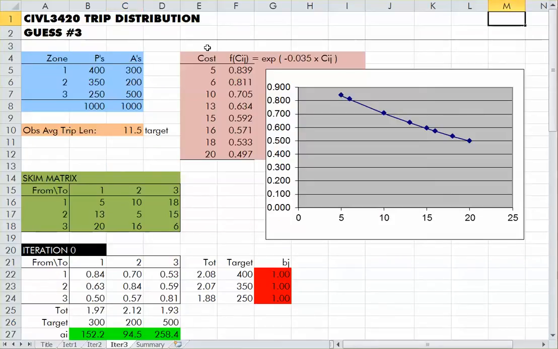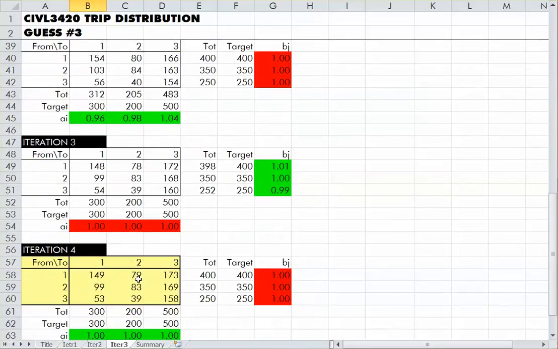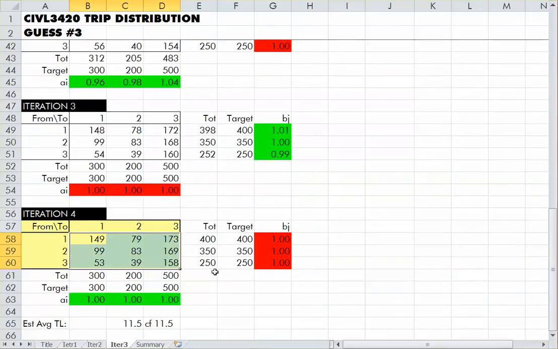Finally, on our 3rd iteration, I guess a value for the deterrence function of -0.035. It's the same productions and attractions, the same observed trip length, the same skim matrix. The only thing that I've changed is that alpha parameter that I'm using in the deterrence function. Again, when we apply that new deterrence function of -0.035 to our skim matrix, and run through the row and column balancing exercise, eventually when we get to iteration number 4, we get a slightly different trip